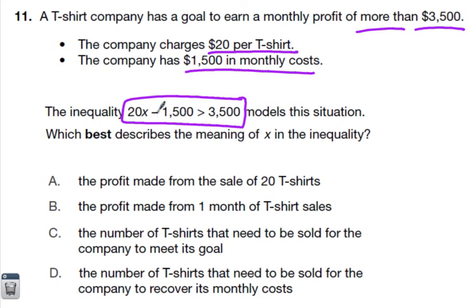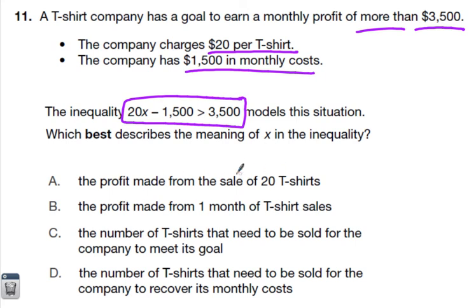Okay, so if you think about it, why are they subtracting the 1,500? Because that's the costs, you know. And so what do you think you'd need to multiply to the 20? So like, what is this x? What would you be multiplying by the charge per t-shirt? Well, wouldn't it be the number of t-shirts? So looking at the choices,